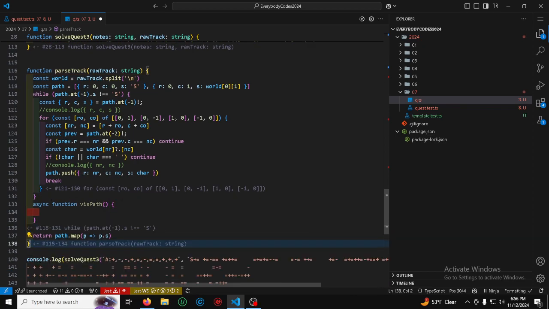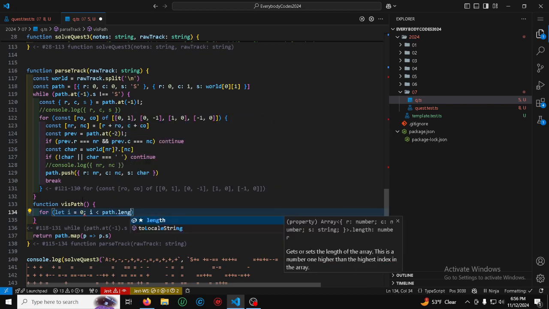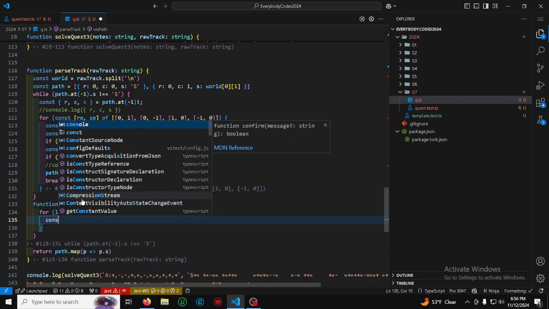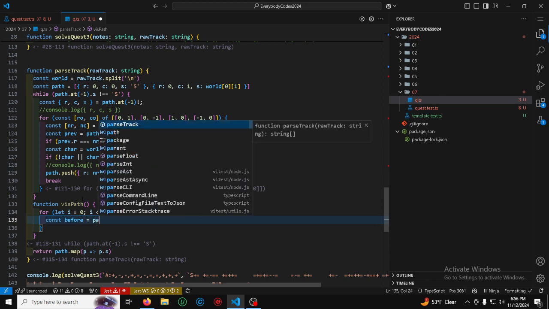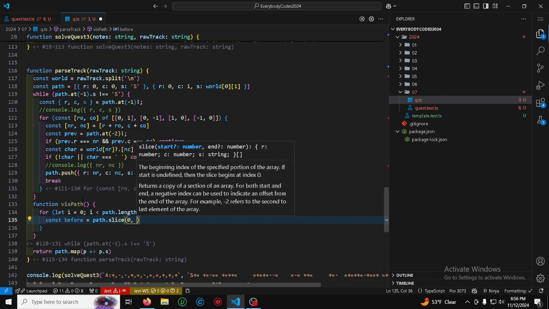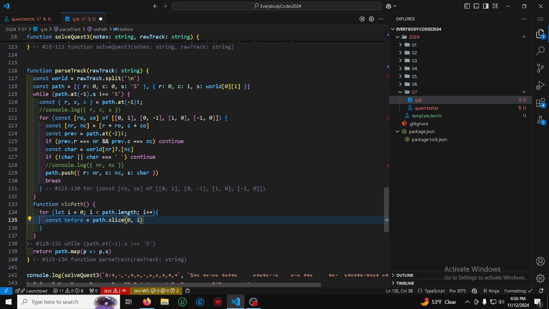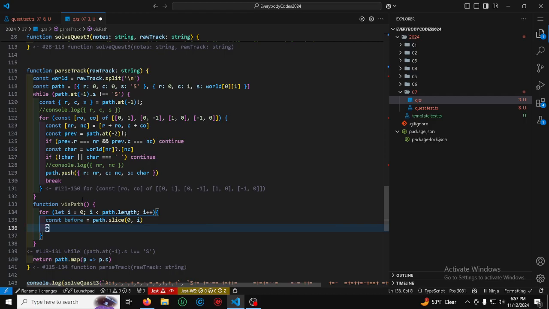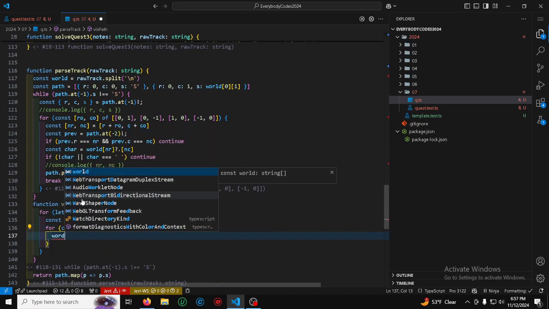Okay, I think this is the way we're going to do it. For let i = 0, i less than path.length, i plus plus. What we're going to do is do all of them up to this point. So const before equals path.slice(0, i). Congratulations, you're not destructuring world. For const rc of before, world rc equals